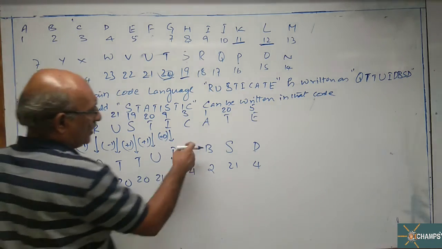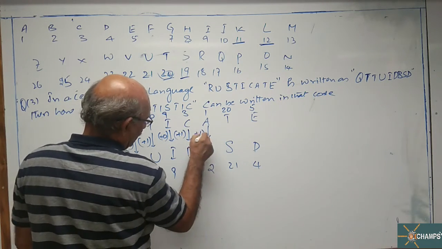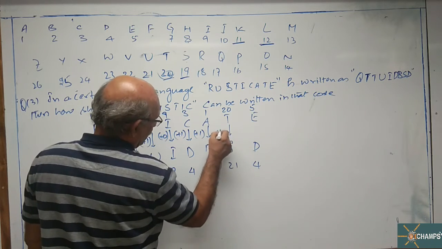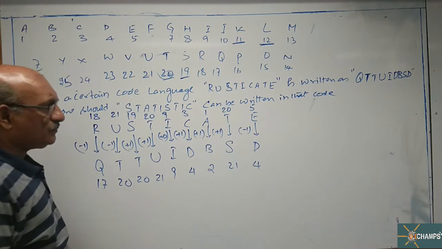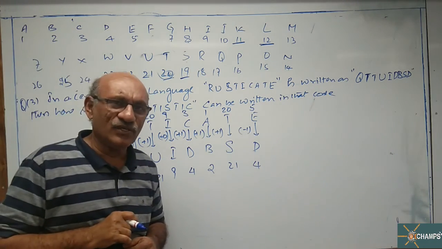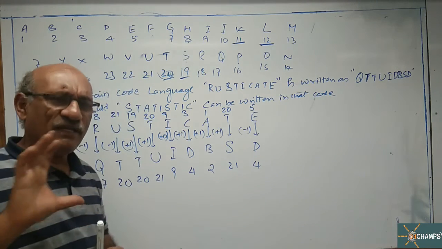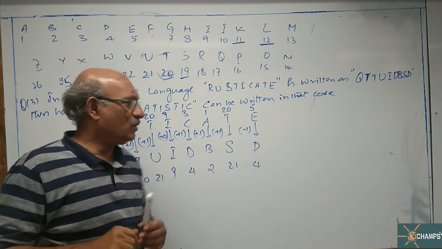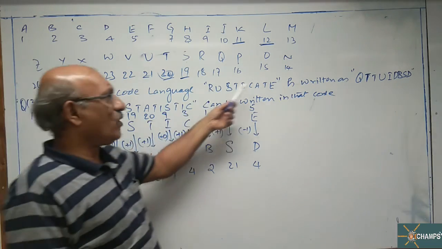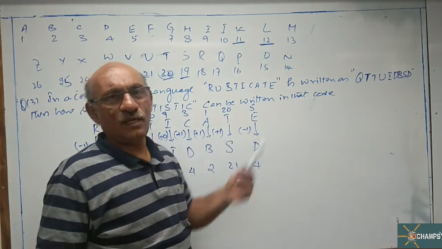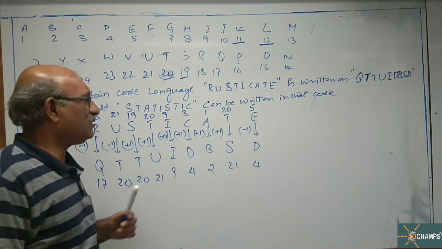No change at all. C to D increasing, plus 1. A to B increasing, plus 1. D to S increasing, plus 1. E to D, minus 1. 5 to 4. So when you assign the numericals for the alphabets, sir, it is easy to decode, and definitely you will get a clue how to decode. Now we know how the given word is coded. The coded word is given, our work is to decode, and we generated the logic for decoding.